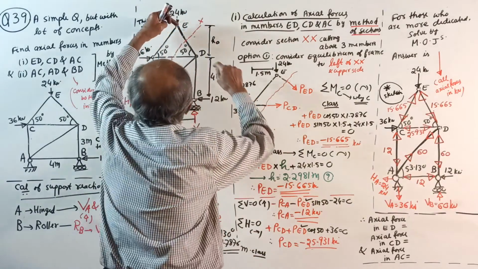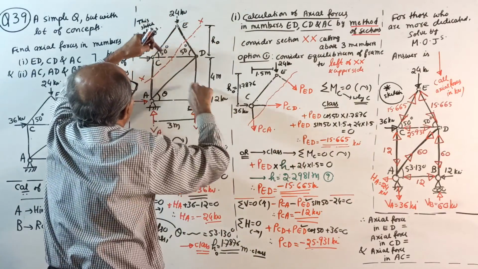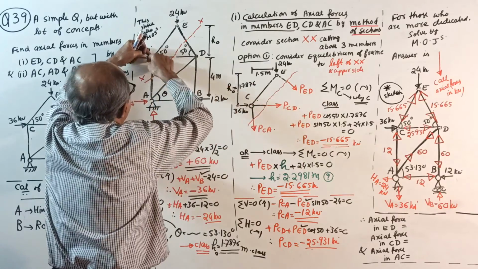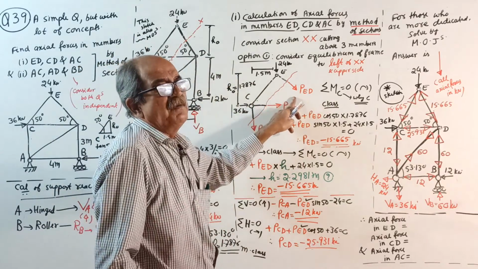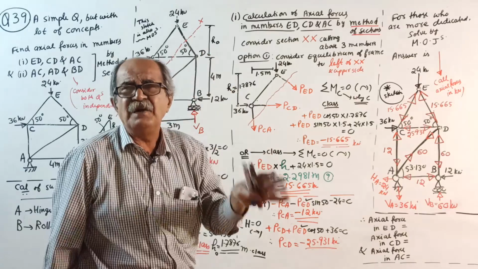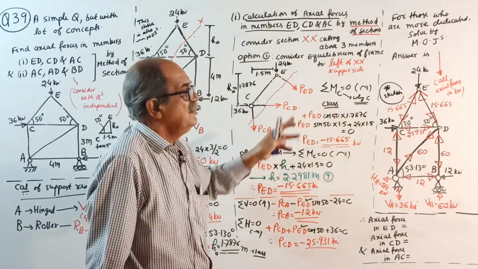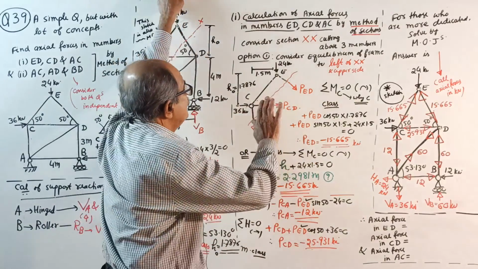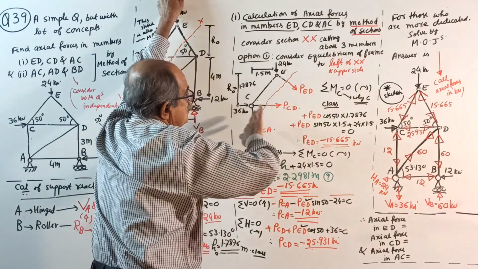Okay, start. P for ED, P for CD, P for CA. I am telling repeatedly, class after class, in method of section, better consider forces going away, outward. Okay, now